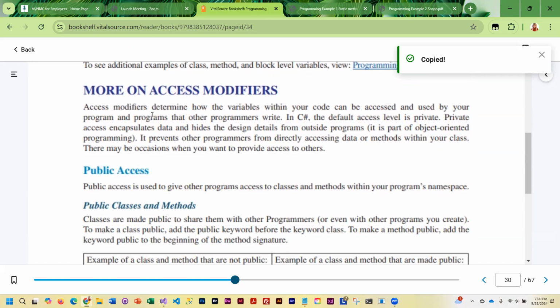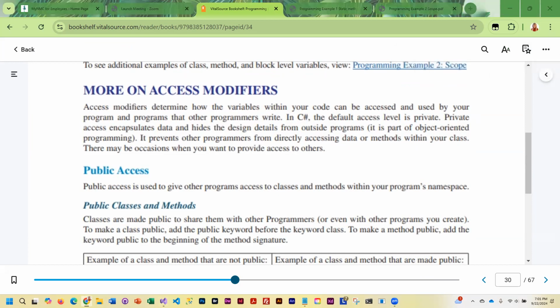More on access modifiers. Access modifiers determine how the variables in your code can be accessed and used. It is basically designed to prevent programmers from inadvertently accessing and changing data that you don't want them to change. So the default access modifier is private. So if you don't put anything there,